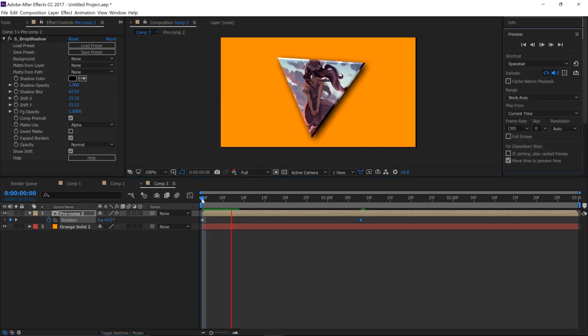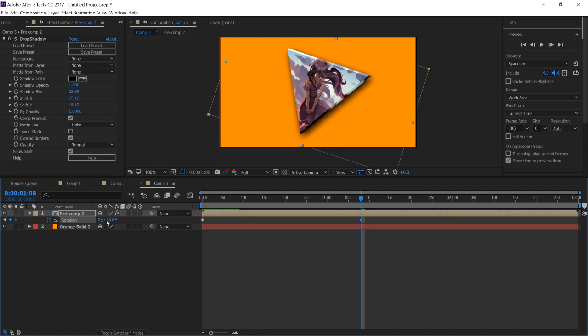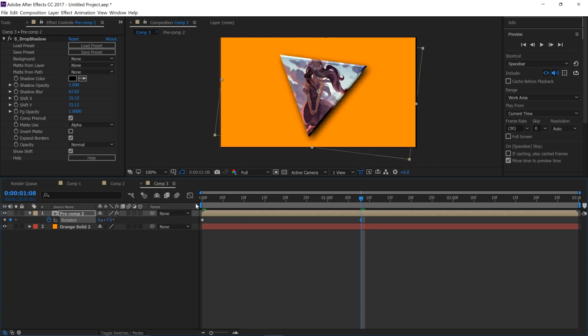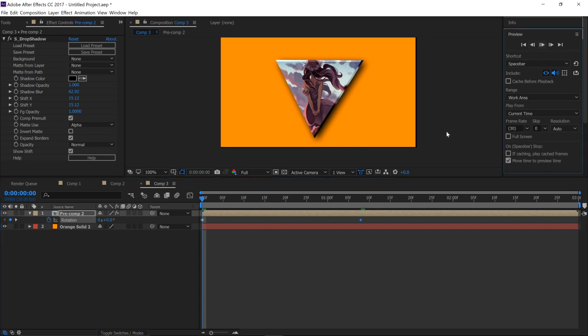Too much rotation. I already know it's too much rotation. What if I just put it to like 7? If I just put it to 7, what if I just put it barely rotating? Perfect. So we have our character in the triangle with the light sweep, and this is how you create the